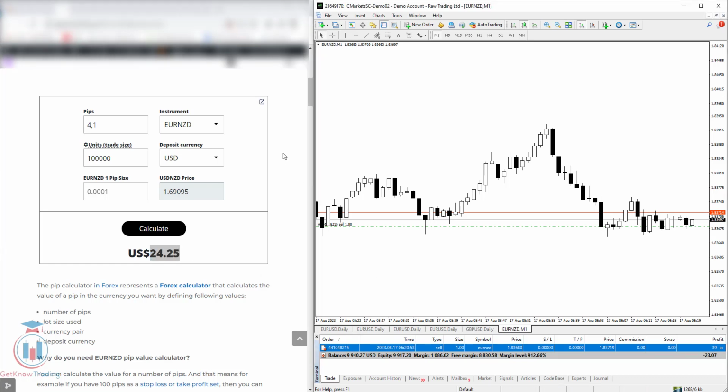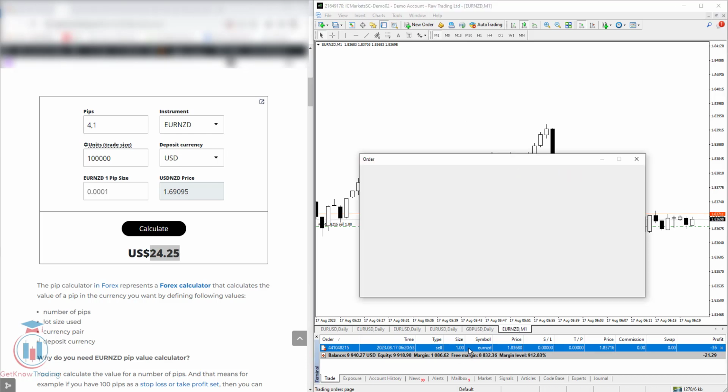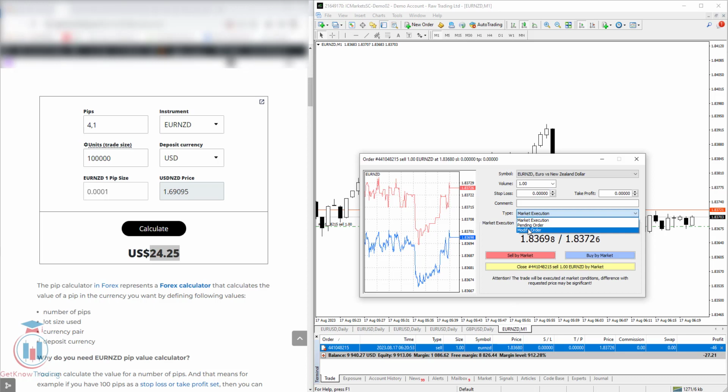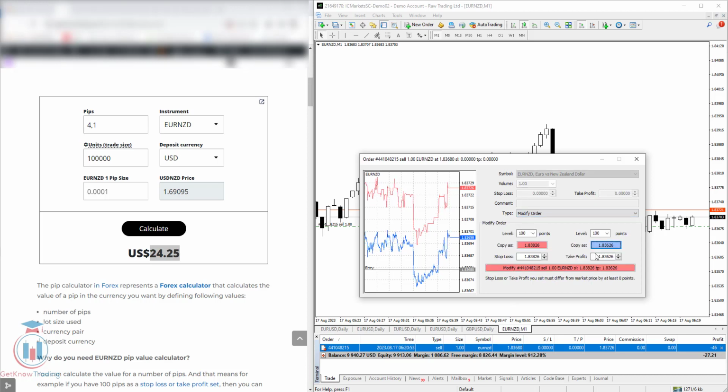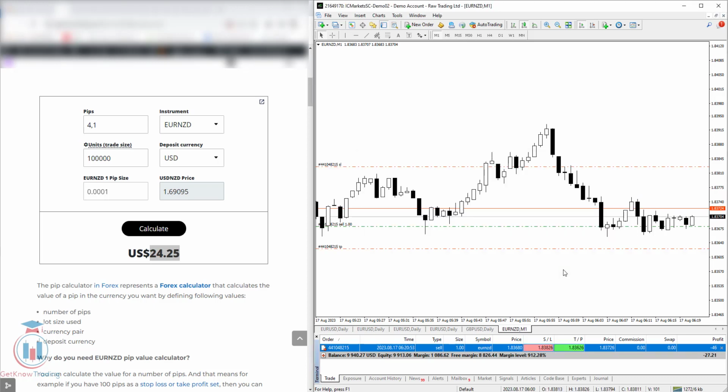So this pip value calculator for the euro New Zealand dollar helps you to define what would be the stop loss or the take profit if you set the number of pips. Let's change this trade and make modify order with the 10 pips stop loss and take profit. So when you go here, where the take profit is, put your mouse over this line, and you will get the profit